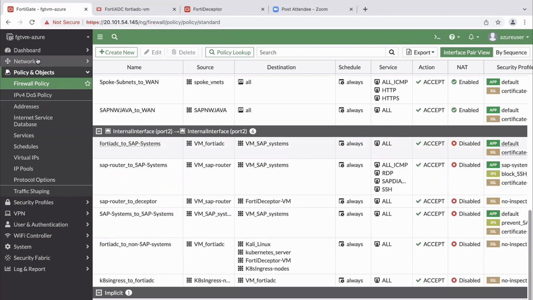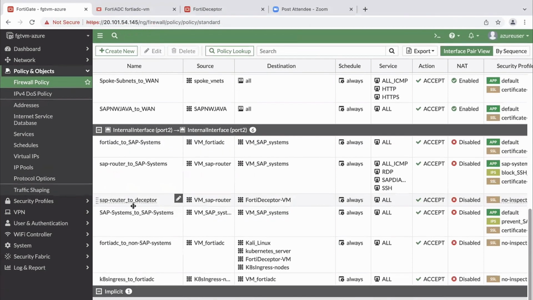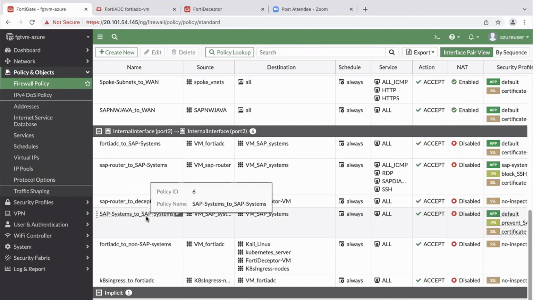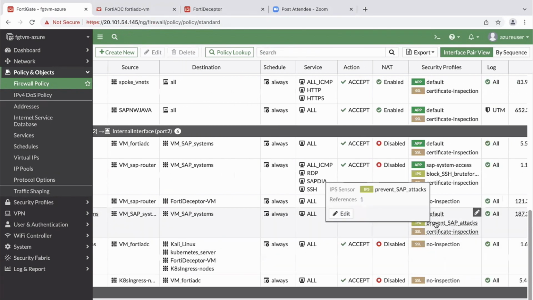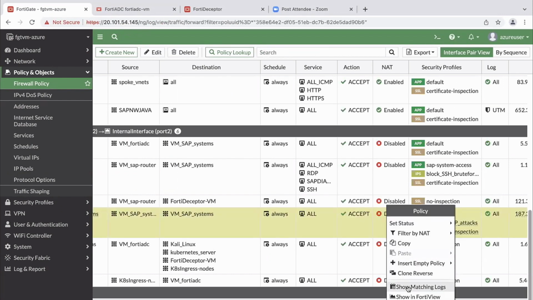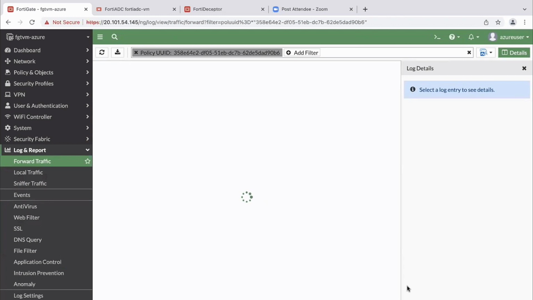So again, Julian didn't see one of the features of the FortiGate here, and he tried to reach further and access further SAP systems in the network. The firewall policy here is SAP systems to SAP systems, where you can see that the systems will be able to send traffic between each other. We also have an IPS signature to prevent SAP attacks. And if I again show you the matching logs,